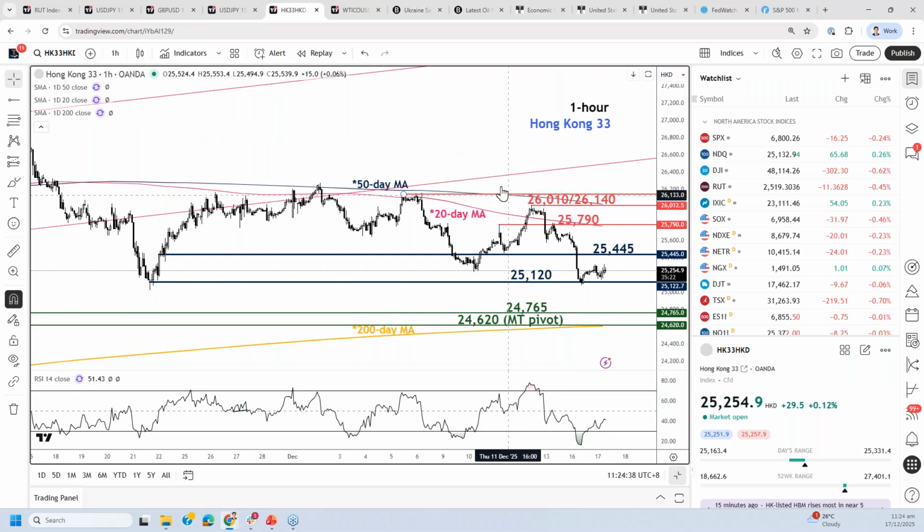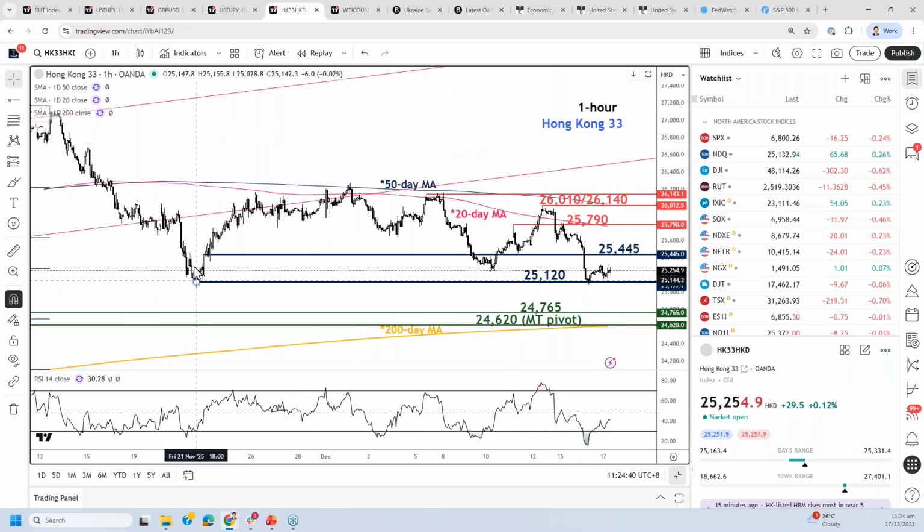Why? Because since the bounce of the 21st of November low, it hit the 50-day moving average, and ever since it hit the 50-day moving average, acting as a stubborn resistance on 2nd of December, it can't face any bullish breakthrough of it, and price action continues to trade on the downwards trend ever since hitting the 50-day moving average and staging that bearish reaction of it on 2nd of December. And now the 50-day moving average is acting as the next intermediate resistance, confluencing at 26,010, 26,140.